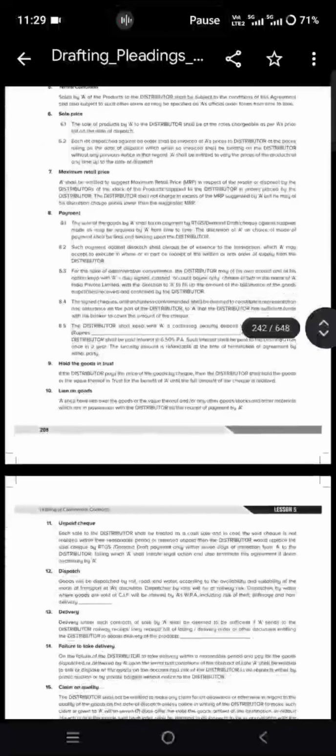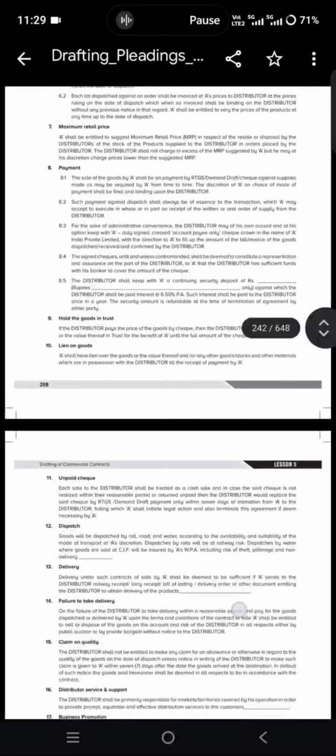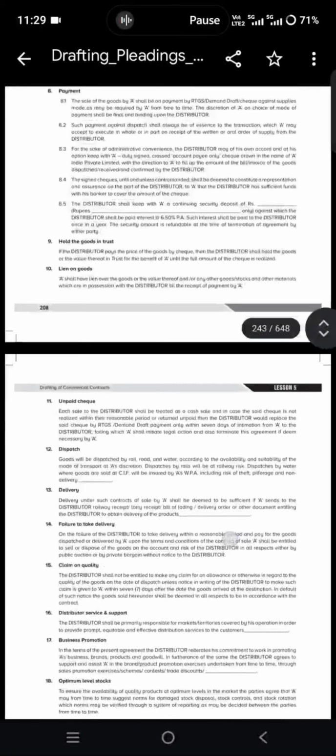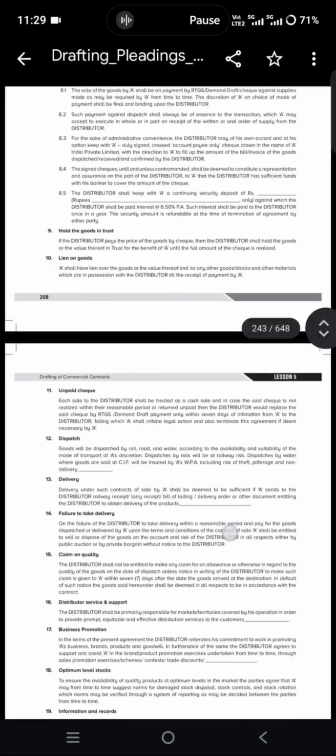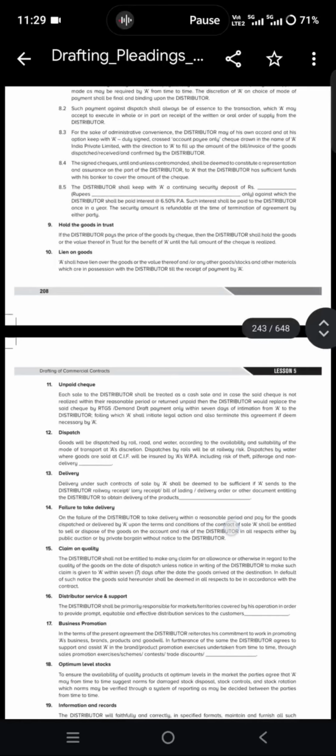So distributor appointed, and next, basis of the agreement, seller and buyer, not the principal and agent. Right to appoint other distributor: A shall have the right to appoint the other distributor in respect of any or all the products, and to sell any or all the products at any time. Order or placement acceptance: distributor shall place the order with A for the supply of products with the remittance as provided. The quantity ordered for each individual line should be a multiple of standard pack size. Terms and conditions and sale price as distributed.